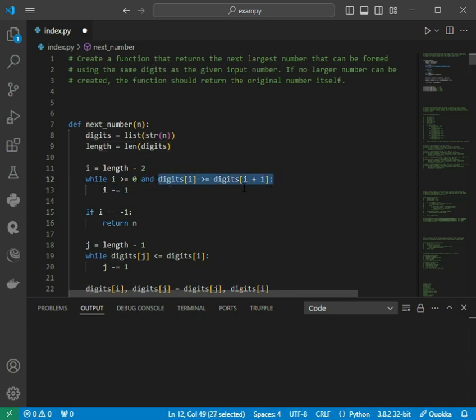And then we check if the digit at the index i is greater than or equal to the digit directly to its right, i plus 1. If so, it means the digits are still in non-increasing order, so the loop keeps moving left. And here we decrease the value of i by 1 with each iteration of the loop. The purpose of this line is to move left through the